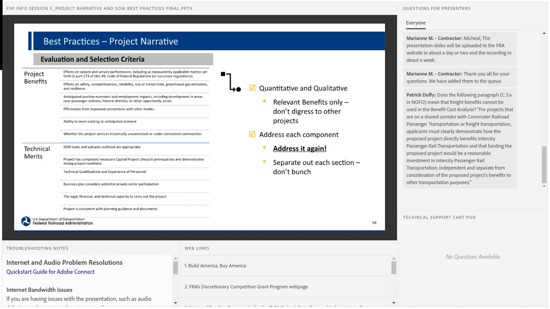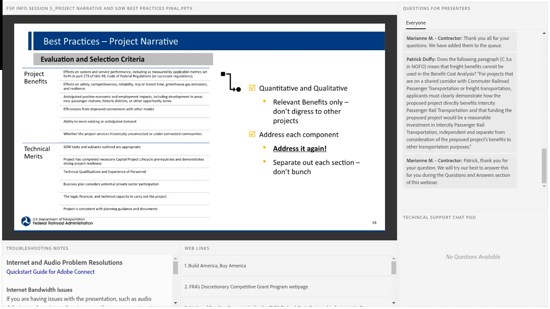Okay. So next, regarding evaluation and selection criteria, include a separate section in the project narrative focused on how your project meets each of the evaluation and selection criteria for the program. So this is where you can get to write your own evaluation of sorts. Please do not rely solely on the contents of the detailed project description section to satisfy this requirement.